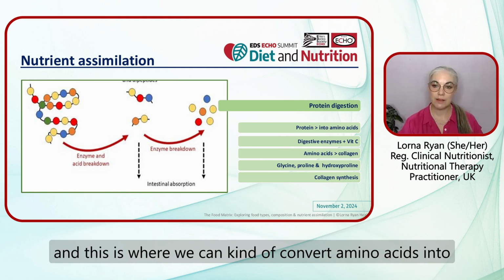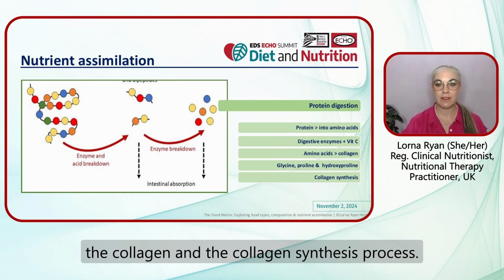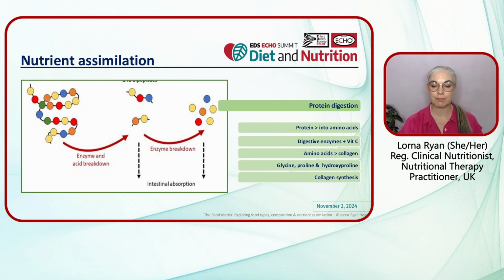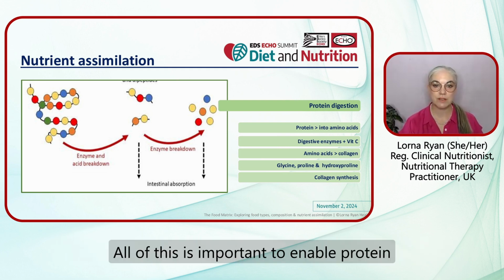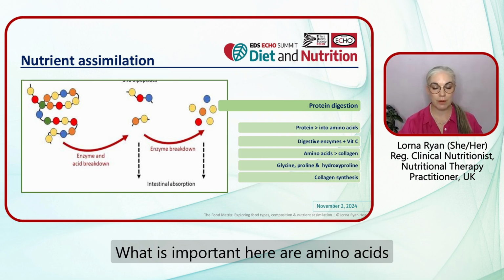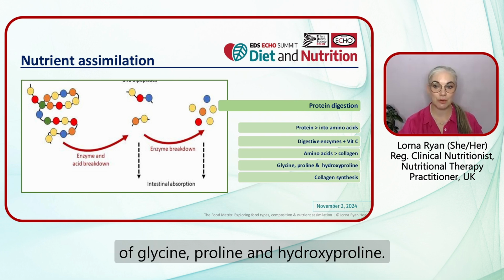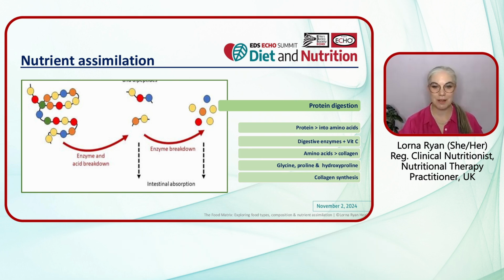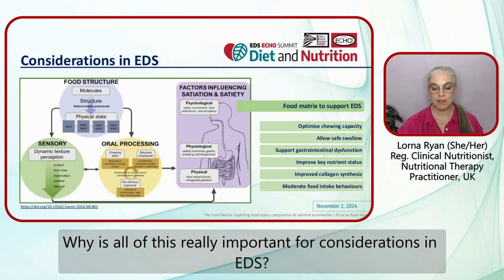And this is where we can convert amino acids into the collagen and the collagen synthesis process. And all of this is important to enable protein breakdown for intestinal absorption. And what's important here are amino acids of glycine, proline, and hydroxyproline, a mouthful to say. And so why is all of this really important for considerations in